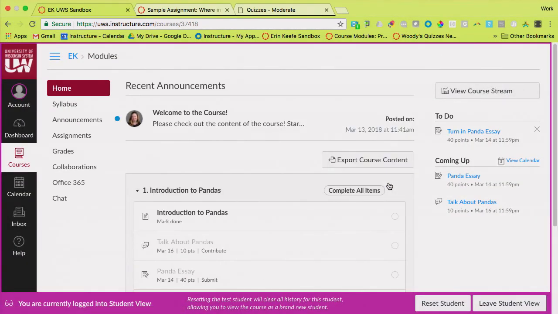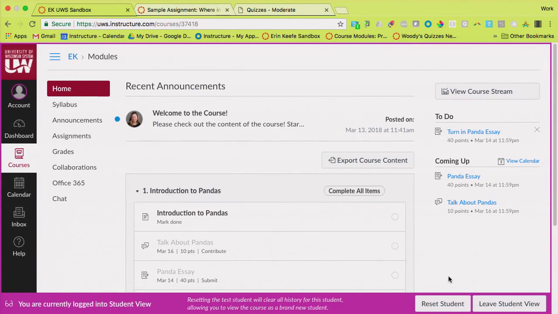And the first time you click on student view, it enrolls test student in your course. Test student now lives in your gradebook. It's going to always be the last line in your gradebook. It's not going to count for or against your course analytics. While you're working as test student, it will put a big pink box around your screen to remind you that you're in as test student. It will keep all of the work you've been doing as test student unless you reset it.